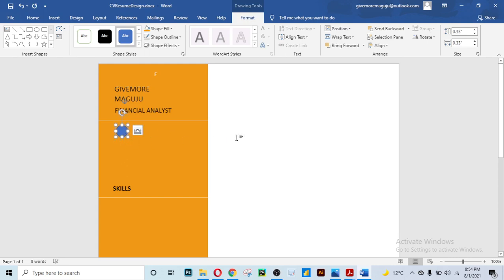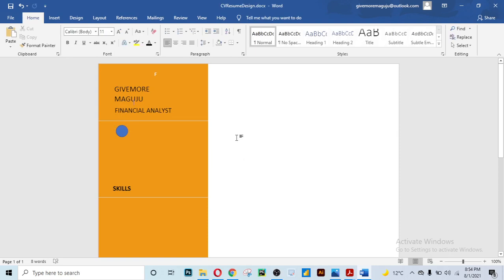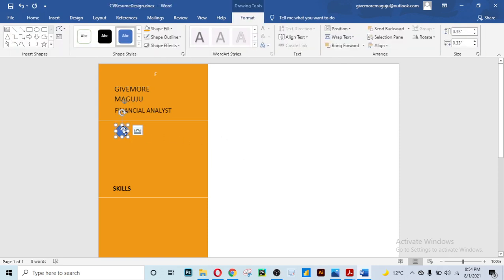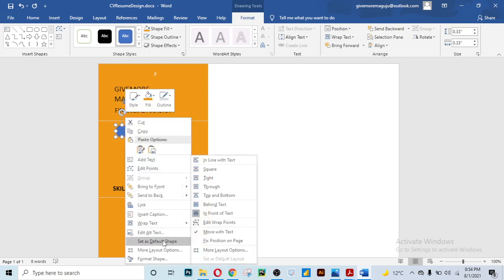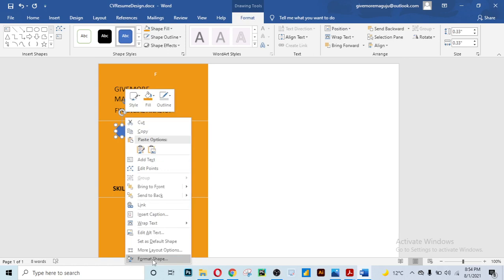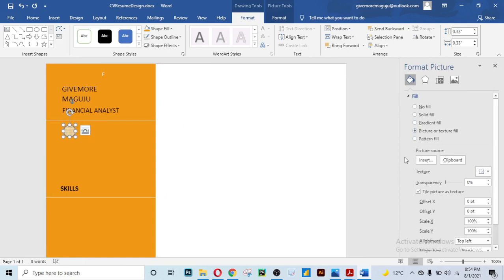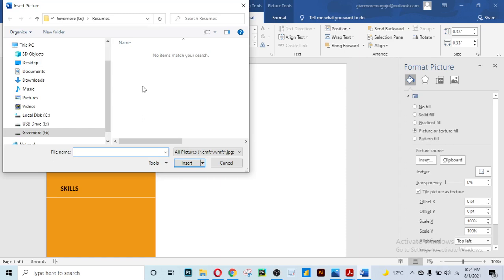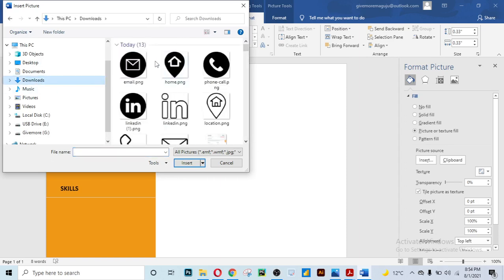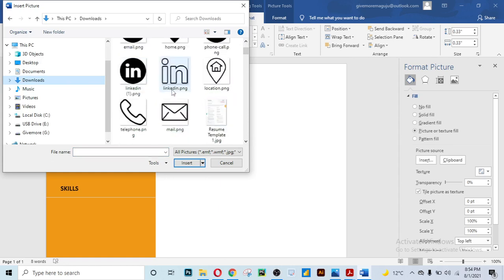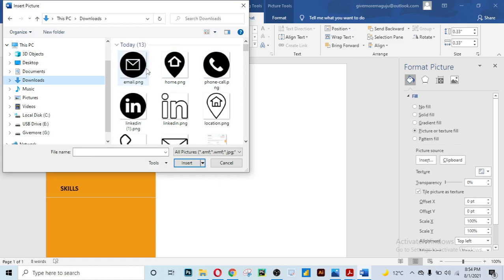Okay, and that's perfect. It's looking great, huh? And then select this by clicking on the shape and then press right click and then choose format shape. We just want to add an icon there. So what we are going to do is add an icon for email. So I've downloaded some cool icons from Flaticon. You can search Flaticon and they've got tons of icons. They're free icons. So I'm going to choose email,